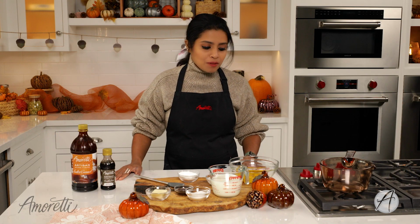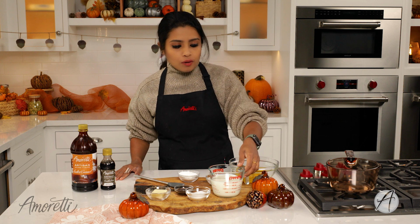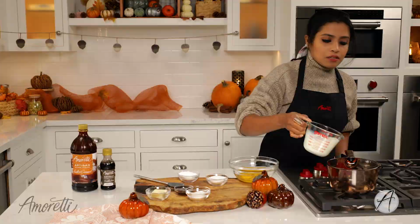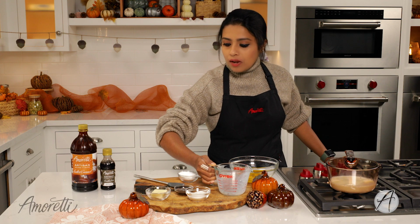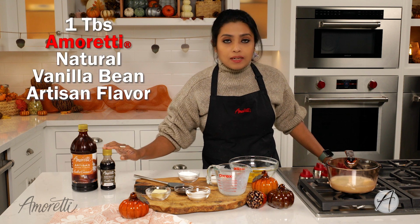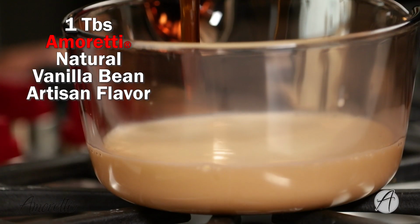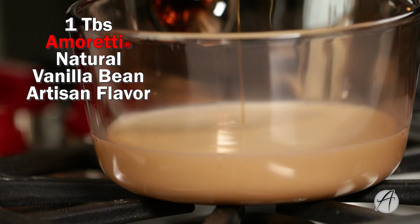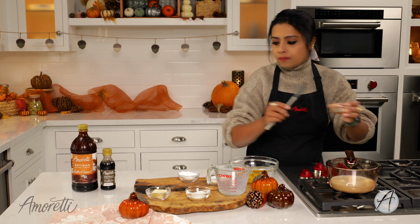So now it's the time to make the salted caramel creme. We have a hard-bottomed saucepan on the stove, and we're starting off with 1 cup or 240 ml of regular full-fat milk. And we're going to add to it our vanilla bean artisan, and I'm going to add 1 tablespoon of it in. There it goes. Next up, we're going to add 2 tablespoons of granulated white sugar,